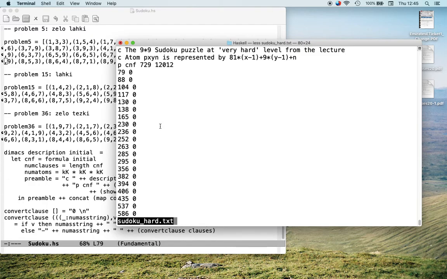So in Dimacs format, you can start the file with some comments. That's what the c is. So I'm saying this is the 9x9 sudoku puzzle, which is the very hard level in a puzzle book from the lecture. But in Dimacs format, variables are just represented as positive numbers. So the variable p, x, y, n, where x, y, and n are numbers between 1 and 9, the natural way to convert that into